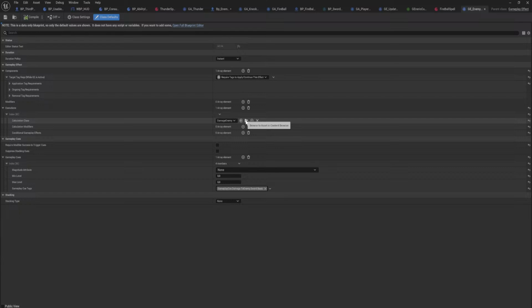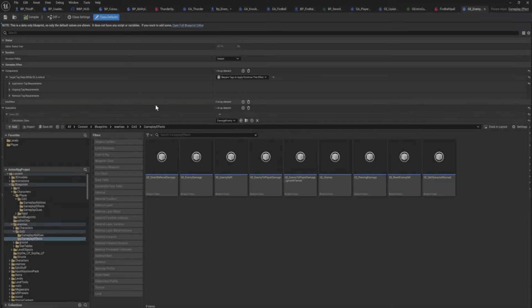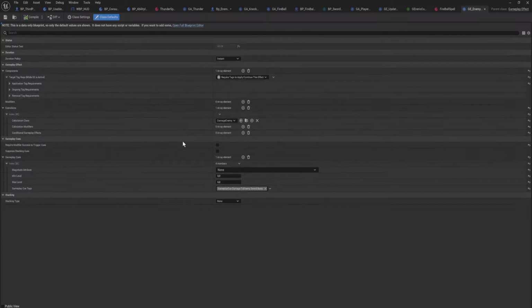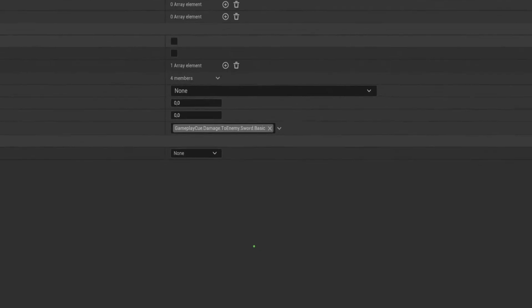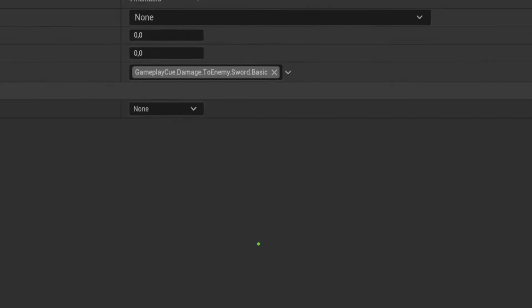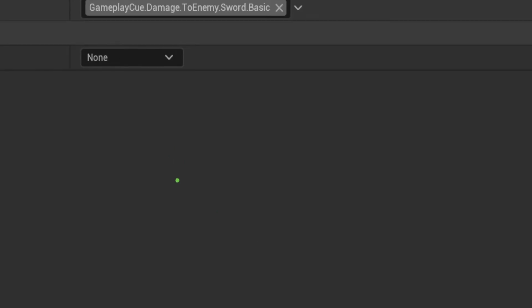So yeah, we do need to do that, because the way it works is we have the, how do I increase the size of this? Oh, it doesn't matter. We have the HP bar, and we have the